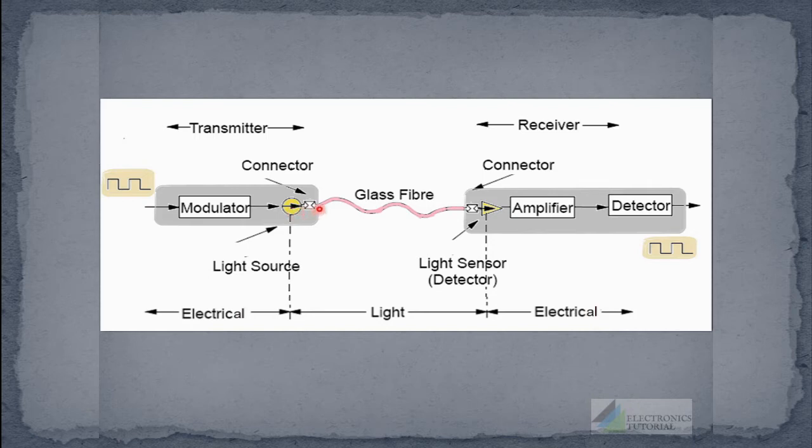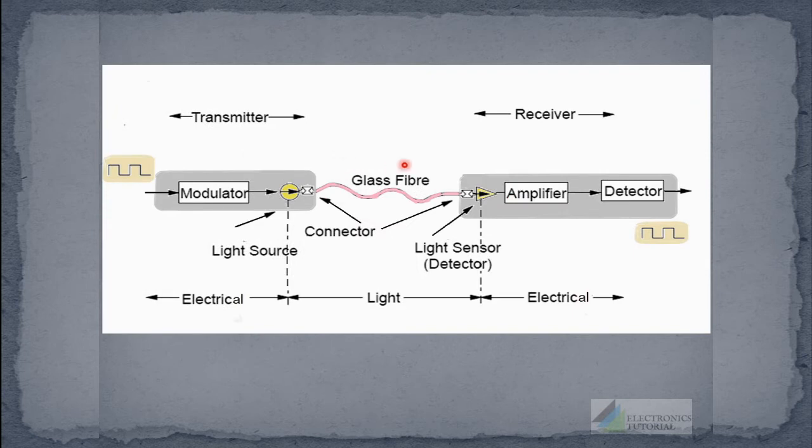Then the signal will be focused into the fiber. In between the light source and the fiber, we are using a connector. The light travels down the fiber and will reach the receiver section. The light beams will be fed to a detector, and this detector or the light sensor converts the optical form of signal to electric form. During the traveling time, the light may be experiencing some signal loss and dispersion. So at the receiver side, the signal is amplified.